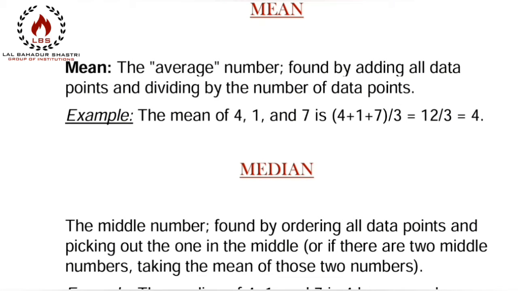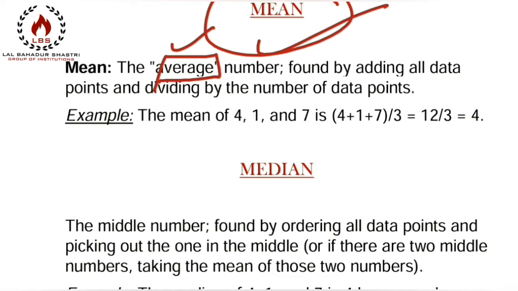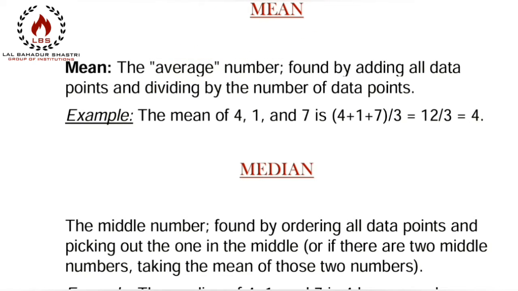Now what is mean? See, you must have heard about this term, average, right? Average in 7th or 8th class, you must have learned about averages, how to find average. In 7th or 6th class, we used to call it average, but now what we call in graduation or 11th or 12th class is mean. How will you find mean? It is nothing but the sum of all the numbers divided by the number of observations.